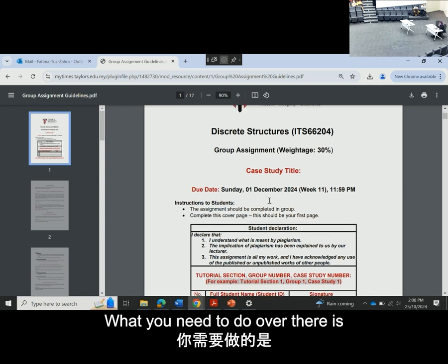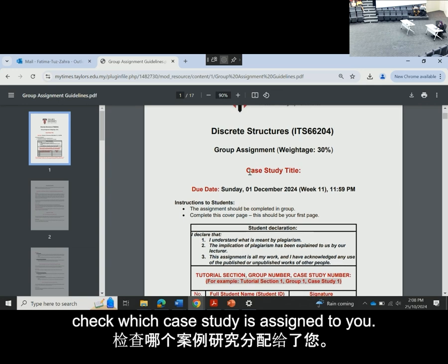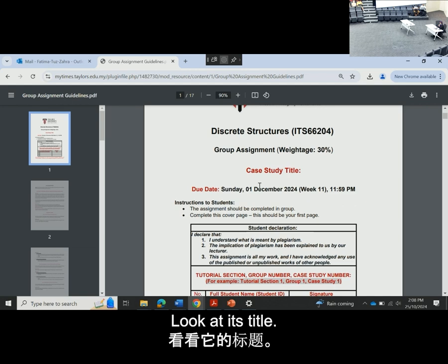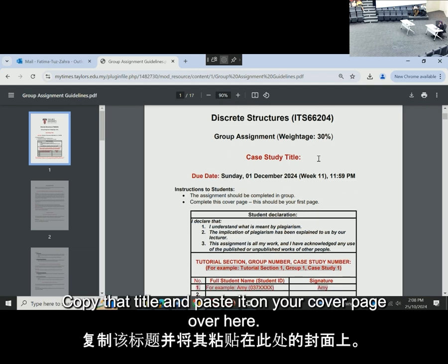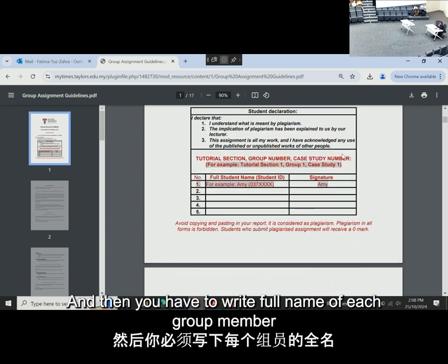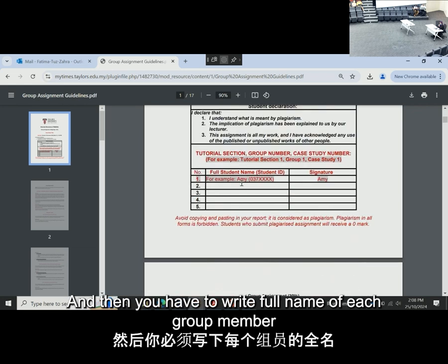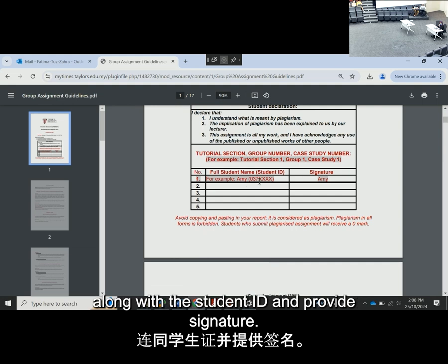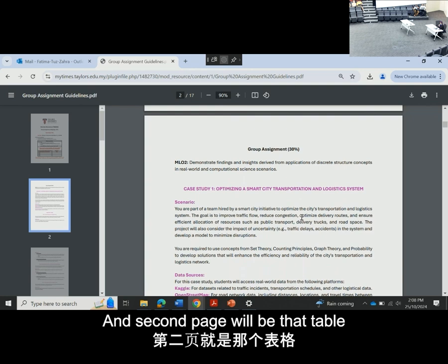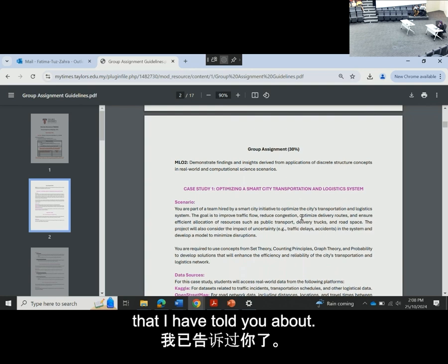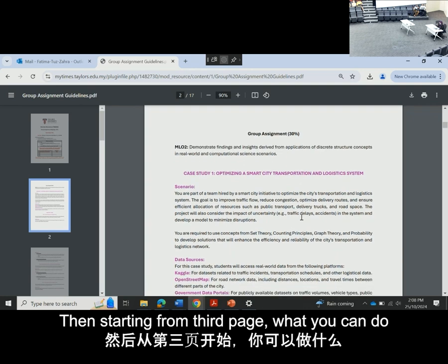But what you need to do over there is check which case study is assigned to you, look at its title. All the case study titles are given. Copy that title and paste it on your cover page over here, okay? And then you have to write the full name of each group member along with the student ID and provide signature, okay? And second page will be that table that I have told you about. Then